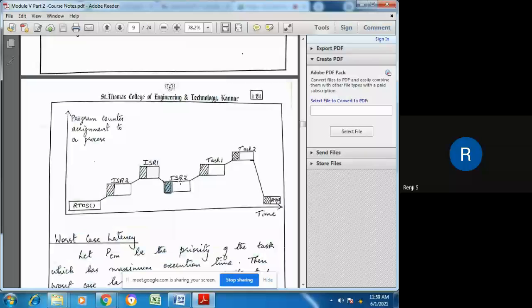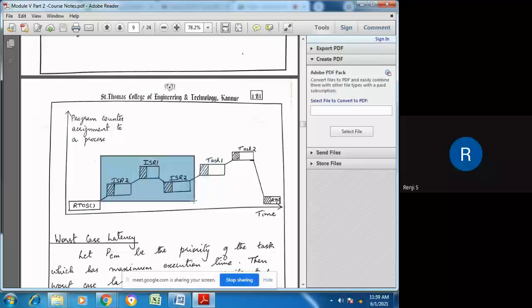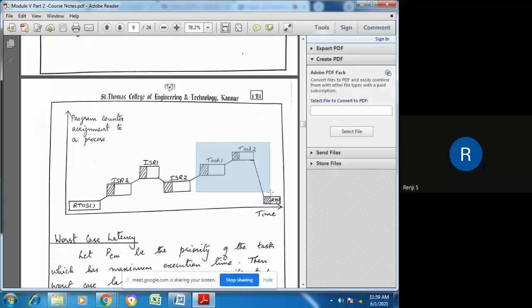Now, when ISR2 has executed, both ISR1 and ISR2, the two interrupts that have been invoked, have completed their execution. So now the RTOS goes to the task ready list of tasks and executes the task based on its priority. And tasks were inserted into the queue based on its priority. So task 1, which is presently in the front of the queue, will have the highest priority.